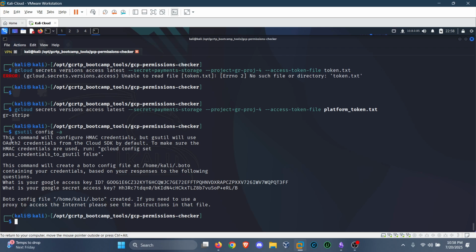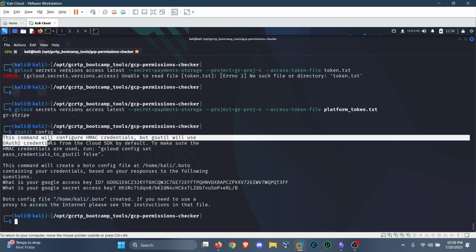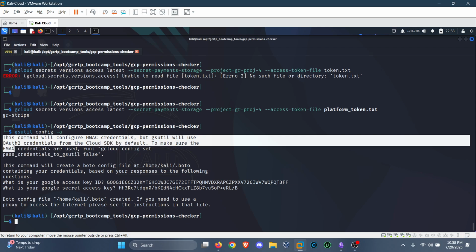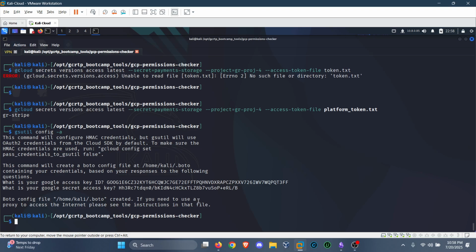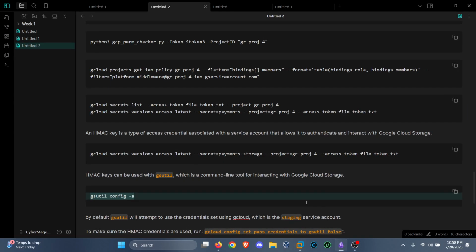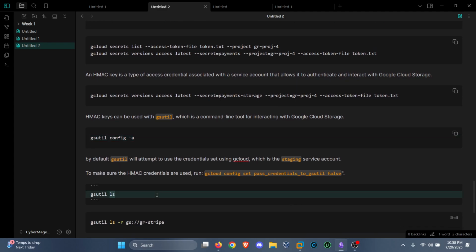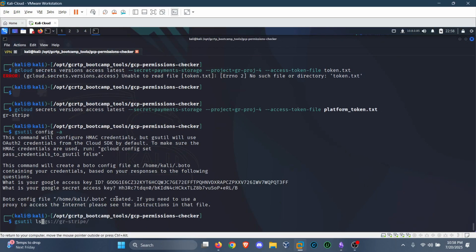So one of the things to note over here is it says this command will configure HMAC credentials, but gsutil will use OAuth credentials from the Cloud SDK by default. To make sure the HMAC credentials are used, run gcloud config set and this to false. So if we go ahead and try to use this command over here, gsutil ls, which is to list buckets,